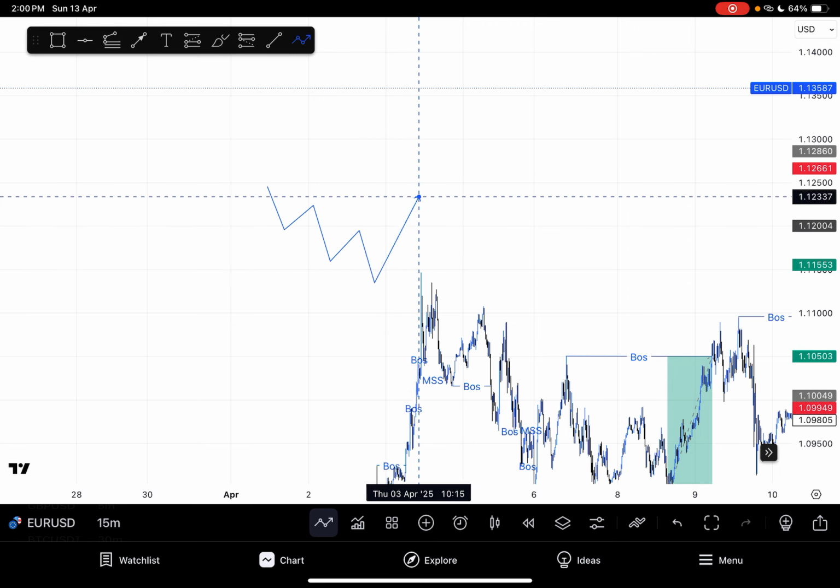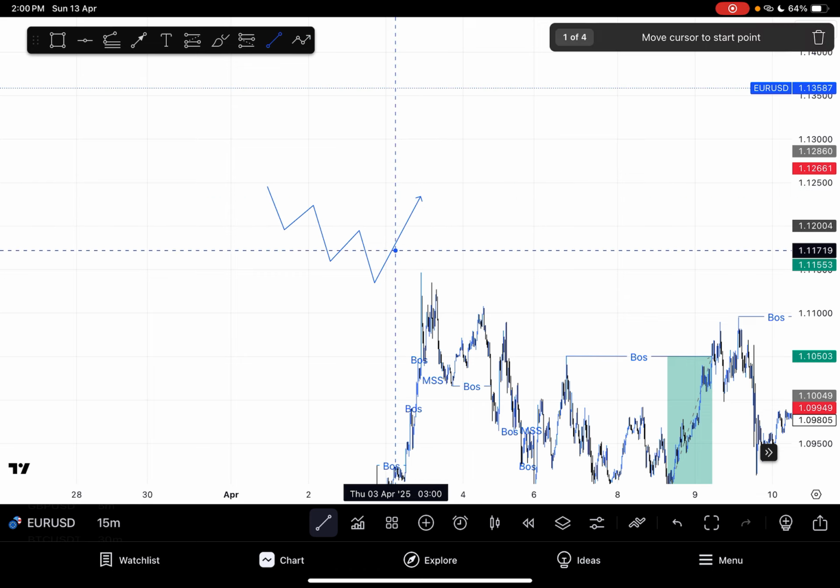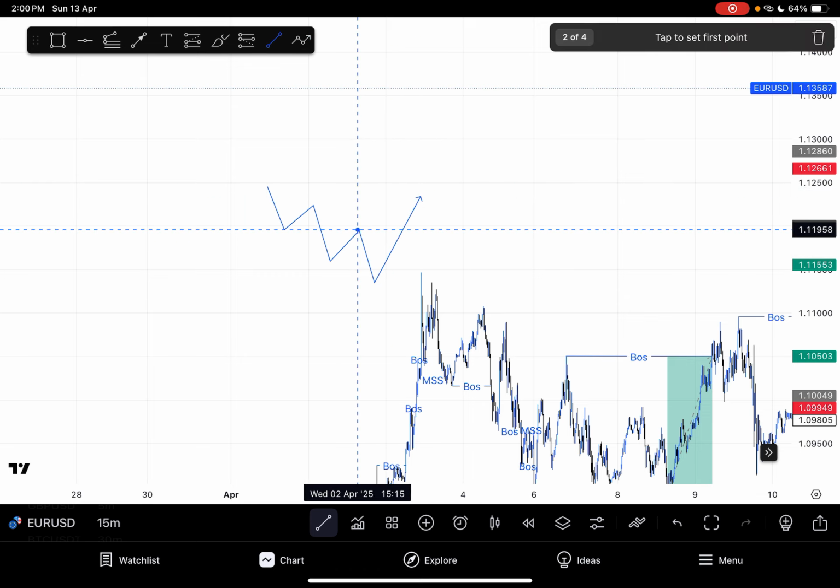So one thing you should always notice is that after this market structure shift, you should always expect price to retest twice before you expect any kind of reversal. When I mean retest twice, is that after the market structure shift. So let me just draw the market structure shift first. So after the market structure shift here,